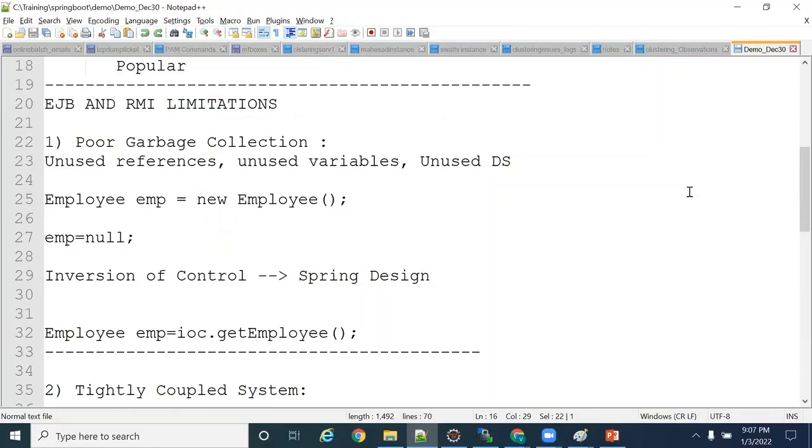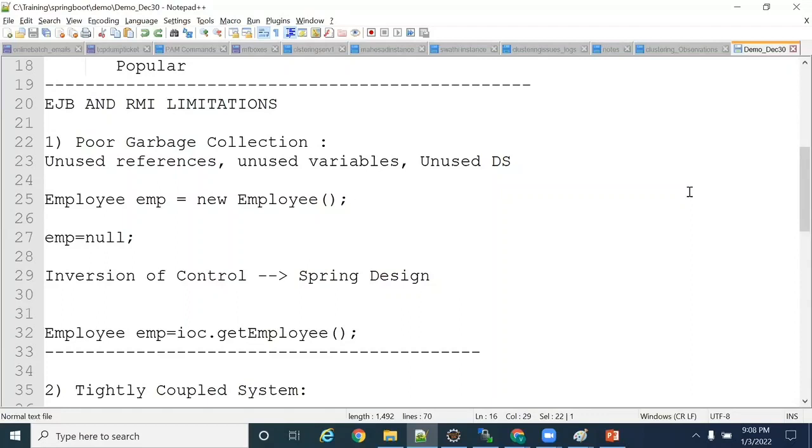There we observed poor garbage collection: whenever we instantiate a class, the objects are created by the developer, and developers sometimes write code that does not clear those references. Objects pile up and impact the performance of the application. That problem was resolved by Spring with the introduction of the IOC container with dependency